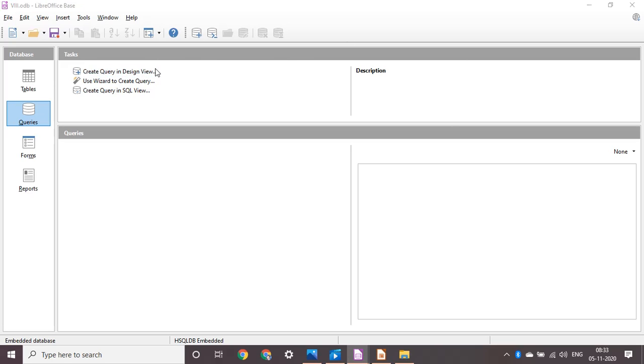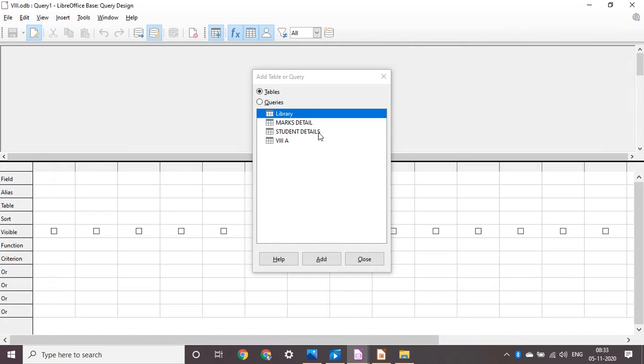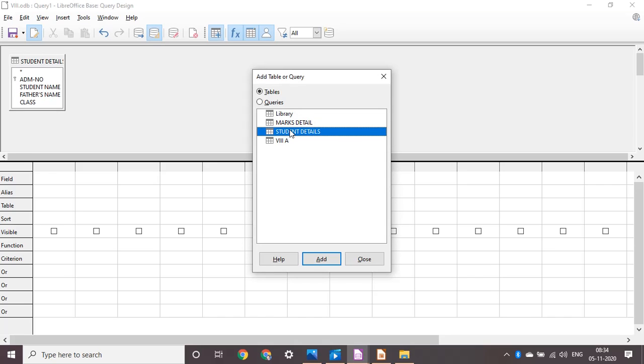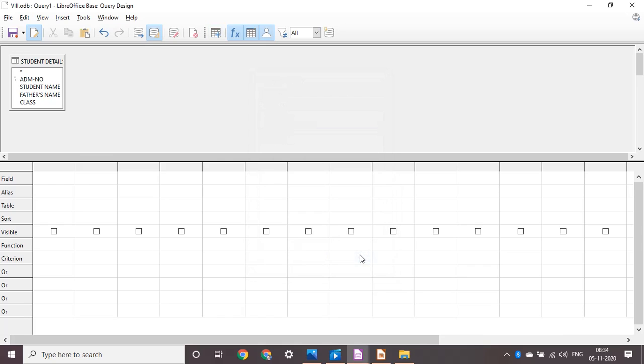When we double click on this, it will show you the query in design view. We have tables which we want to use for making the query, right? Suppose I want to work on the student table. In fact, we can work on two tables also, right? Let me show you for one table first, right? We want to work on the students table and click on close.